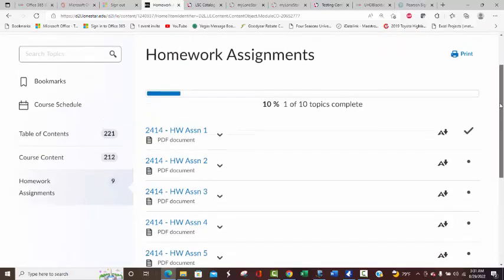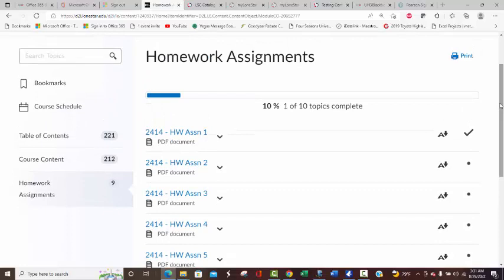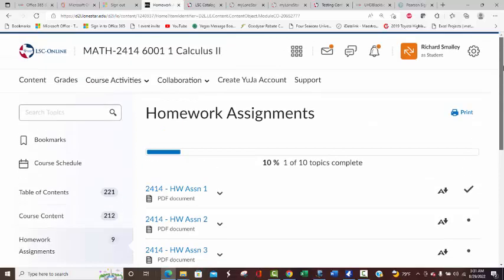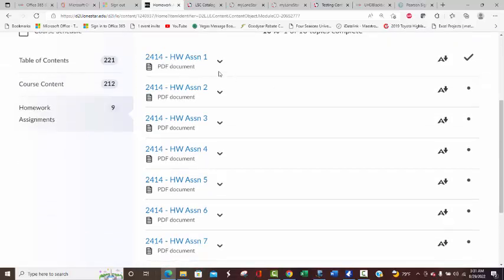So you can work on them a little at a time, sure. I'm just saying you don't go into D2L and enter your answers a few at a time. If you're working the paper file, you work a few, stop, come back, work more that way. But then once you have them done,